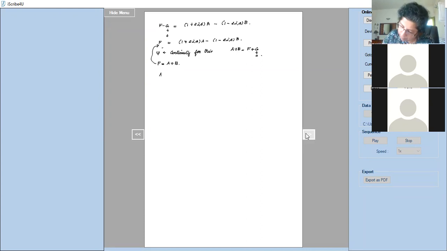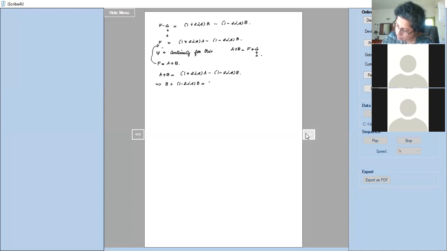Then we will get A plus B is equal to 1 plus 2iβ A minus 1 minus 2iβ B, right? Then we can take the A's on one side, B's on the other side. And what will we get over here? We will get B plus 1 minus 2iβ B is equal to